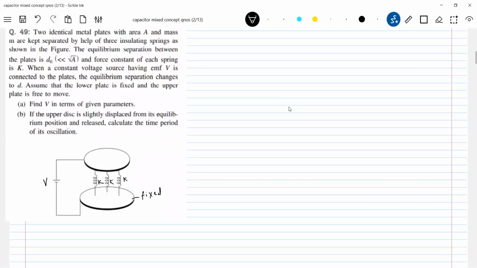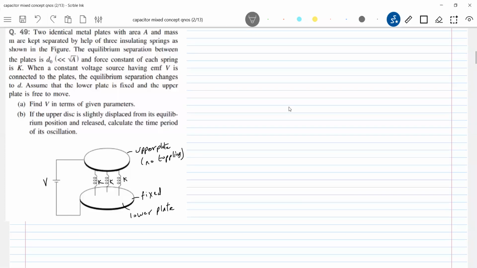This is the upper plate. So even you can bring one spring. Why are we not bringing one spring? Toppling can occur. That's why, to take care of that toppling idea, we'll go for this. Upper plate, no toppling, that also you assume. So don't think in that way. Because if only one spring is used, it'll be very difficult for the spring to balance that plate. That's why three springs are brought. The angular separation between the springs will be 120 degrees so that toppling of the upper plate can be avoided.